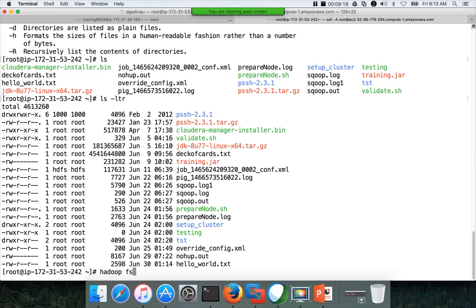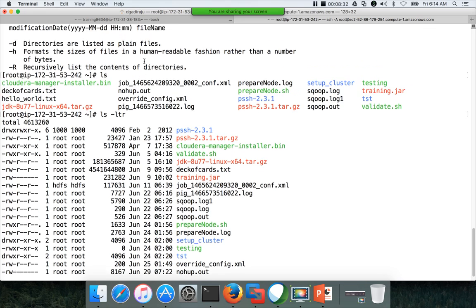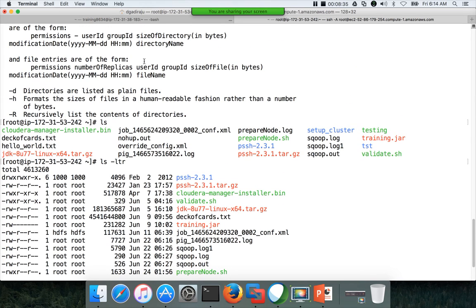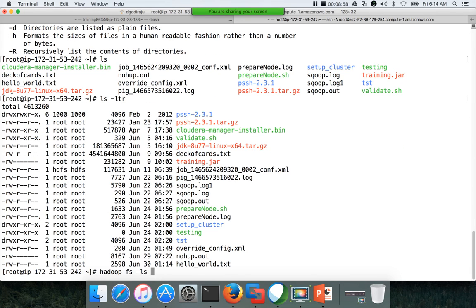But when it comes to hadoop fs -ls, it itself is ls -ltr. It behaves like ls -ltr in Linux, where it will actually provide the details about all the files, even though you don't pass any of the control arguments. And the ls command in Linux has almost 20 or 30 different control arguments, whereas HDFS only has 3. One to list the directories, another, H, to give the size of the files in readable format, and R for listing the directories and files in a recursive fashion.